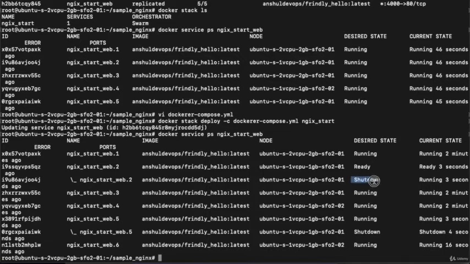You can see some are shutting down, some are still running, and some are in the ready state. So what is happening over here when we are updating the service? Docker Swarm is stopping the containers one by one so that your service does not get any downtime, and it spins up new containers with the new configuration one by one. Suppose 5 containers were running in my service, Docker first takes down the 5th container or any random container, spins up a new container with the new configuration, takes down the 2nd container and spins up a new container with the new configuration, and it will process this until it has updated all the containers with the new configuration.